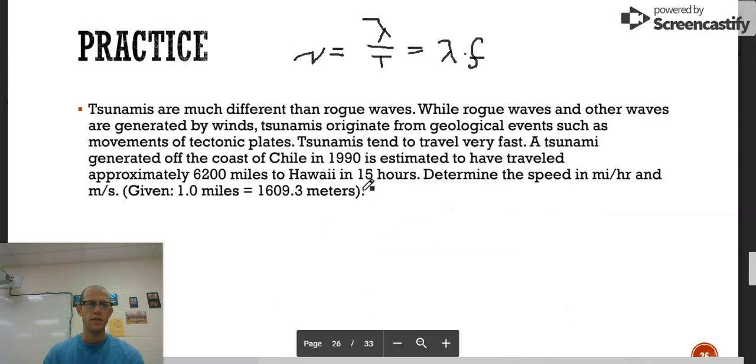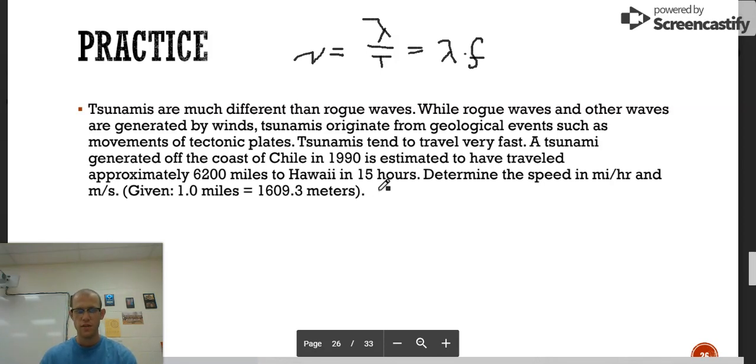Last problem. Tsunamis are much different than rogue waves. While rogue waves and other waves are generated by winds, tsunamis originate from geological events such as the movements of tectonic plates. Tsunamis tend to travel very fast. A tsunami generated off the coast of Chile in 1990 is estimated to have traveled approximately 6,200 miles to Hawaii in 15 hours. We want to determine the speed in miles per hour and meters per second, given that 1 mile is